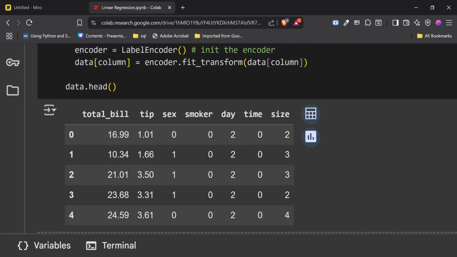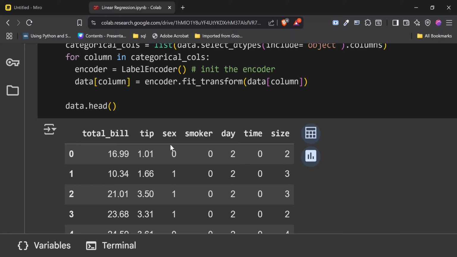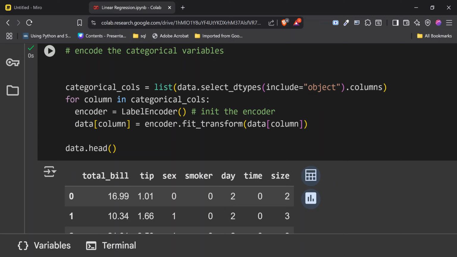And the reason is because encoding is a column by column process. So it means that in this for loop, the first thing we did was we encoded sex. Then when the loop finished, we went back up, encoded smoker, went back up, and reinitialized this.